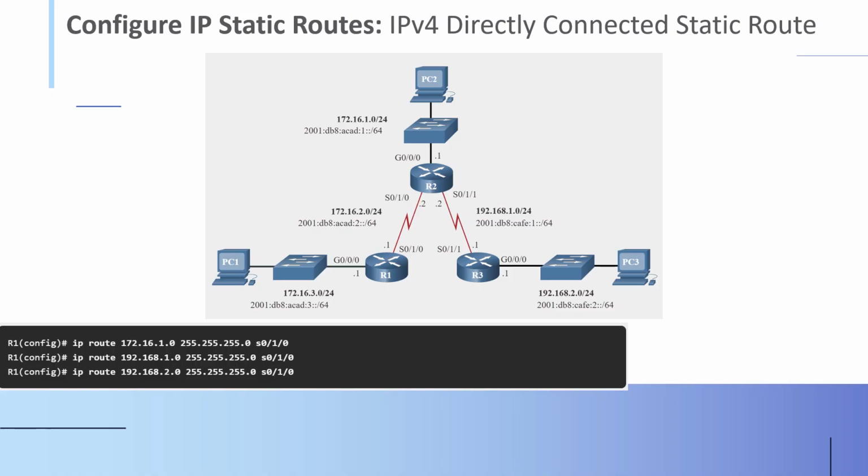As you can see, for router 1, we can say ip route, and we can reach 172.16.1.0, which is the network directly connected to router 2 through Giga 0/0, with a subnet mask 255.255.255.0. We can reach it